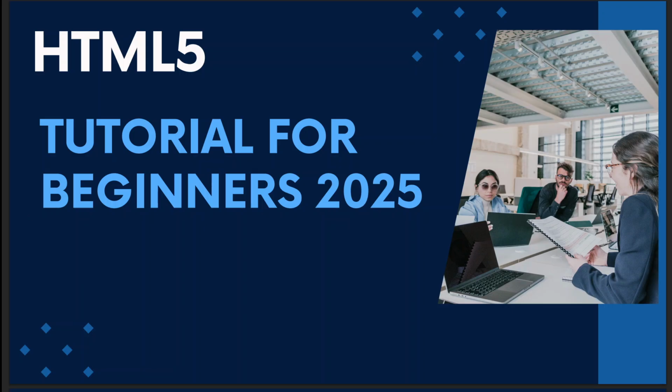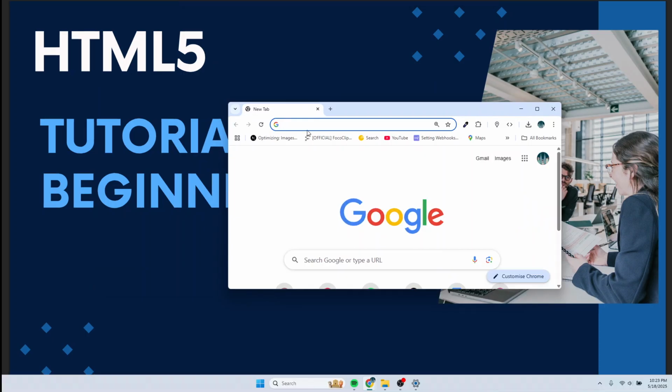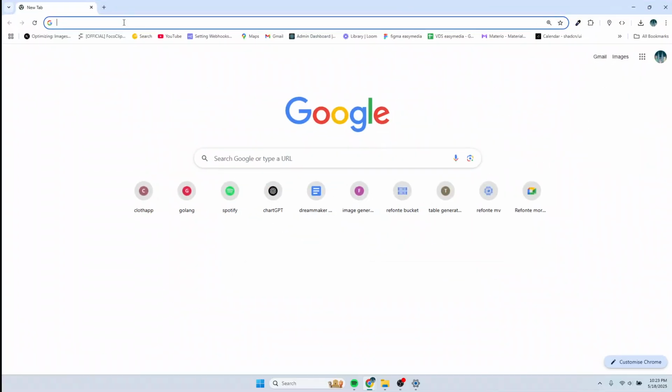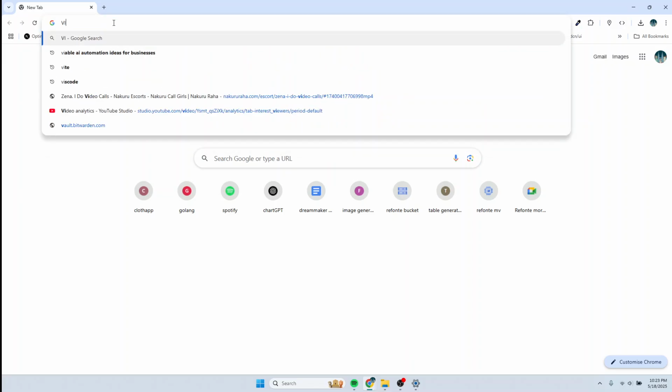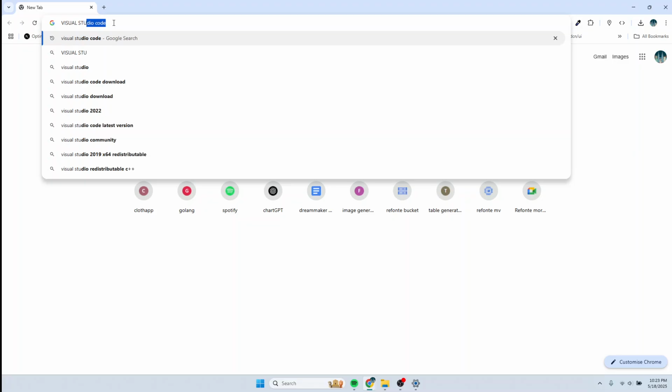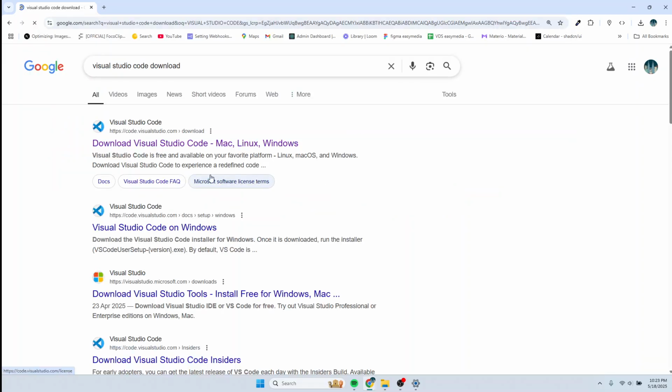So I'll just bring in my browser. I'm using Google Chrome, and the text editor that we are going to use for this project is known as Visual Studio Code Editor. So if you search for Visual Studio Code Editor or download, you'll be directed to such a web page. So we are going to click on the first link,